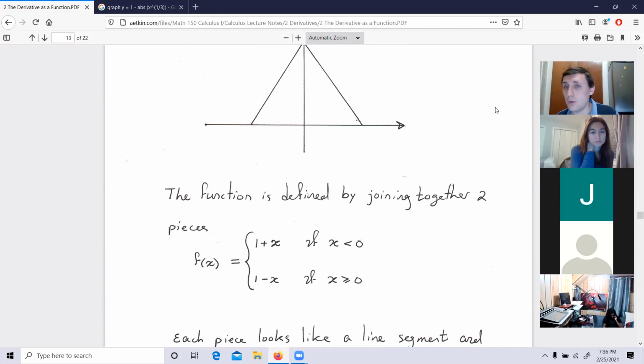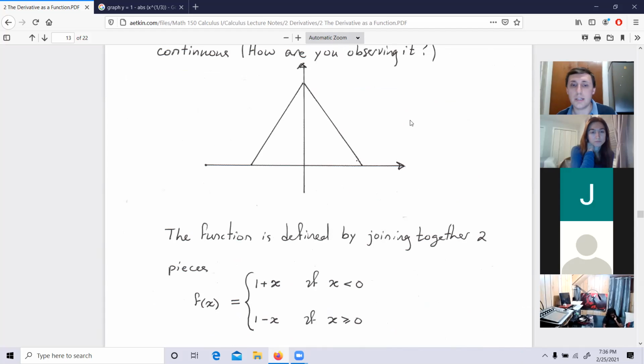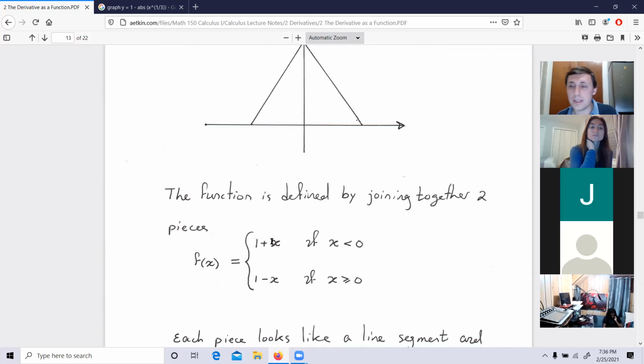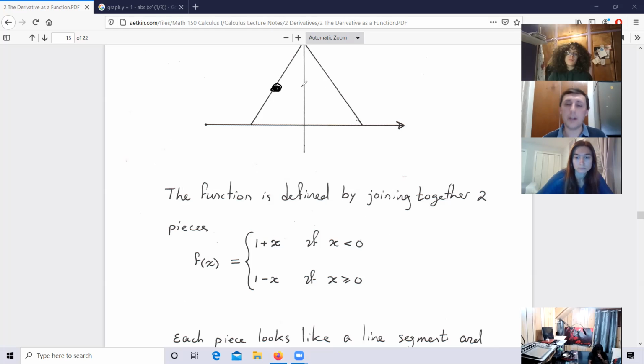Now that you see the formula, I'm going to repeat my question, guys. If I look at it, here is that 1 plus x, right? I'm actually going to ask you, what function am I going to see if I zoom in here? That's a comprehension check. You don't need any calculations. What function do I see if I zoom in at this point? Give me a formula of that function. If I zoom in at that point, what am I going to see?